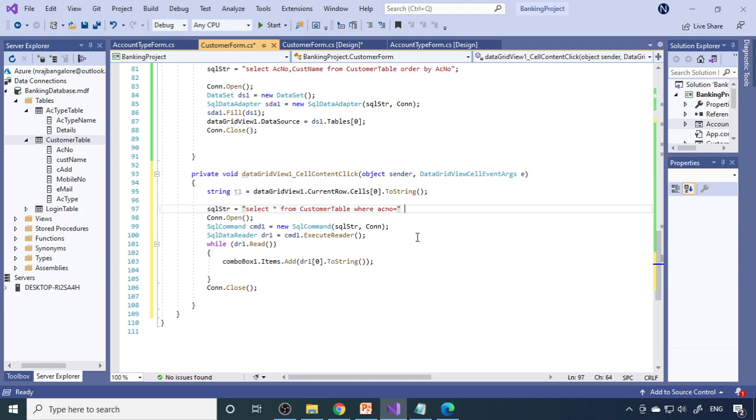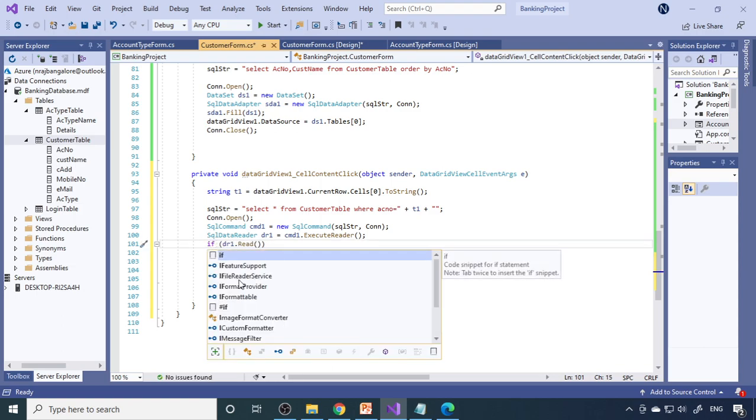Here there is no need for single quotes because it's a number. So T1 where the value is located, in double quotes, then close with the semicolon. So select star from customer table where C account number is equal to T1. Whatever number is there, it checks for that particular number.